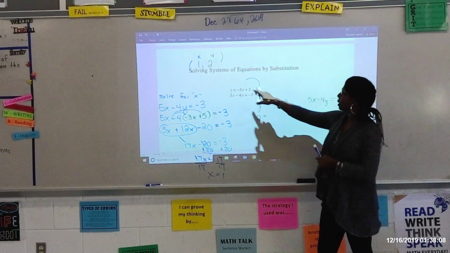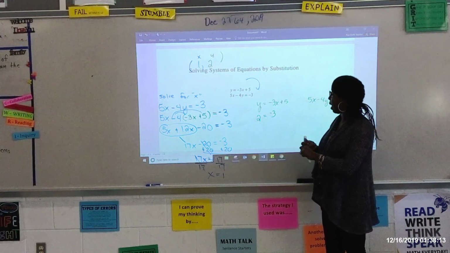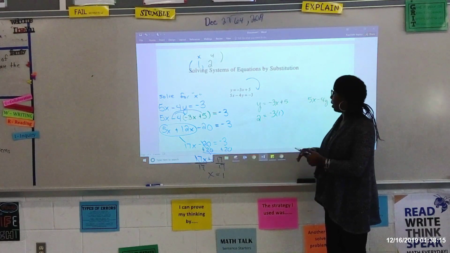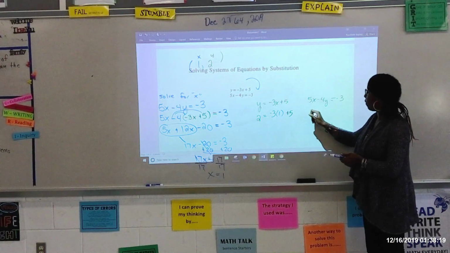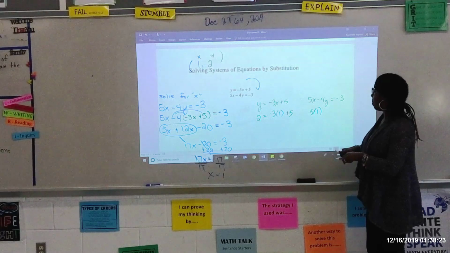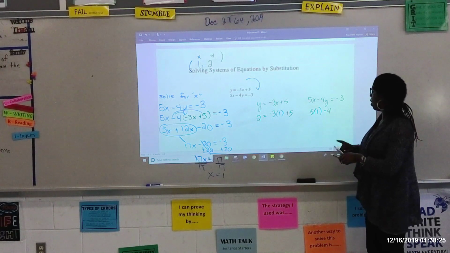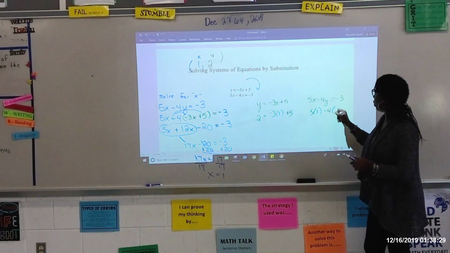Where I see x, I'm going to substitute a 1. So negative 3 times 1 plus 5. And then for my second one, 5 times 1 minus 4 times y, which is 2,